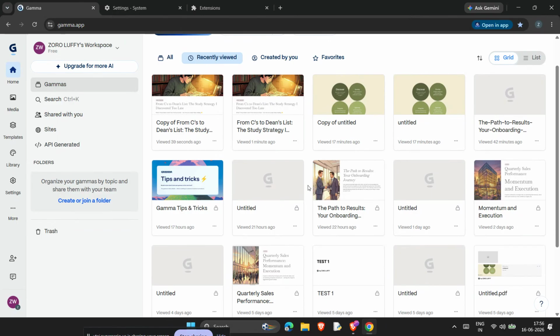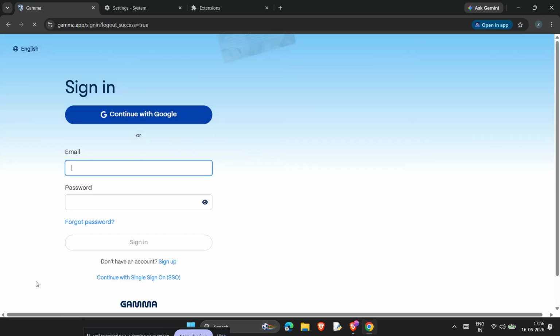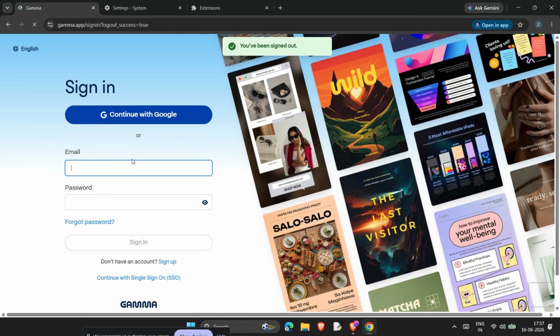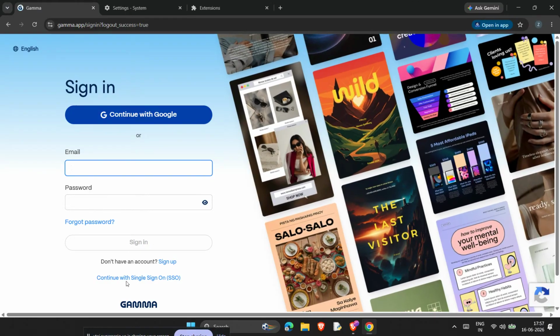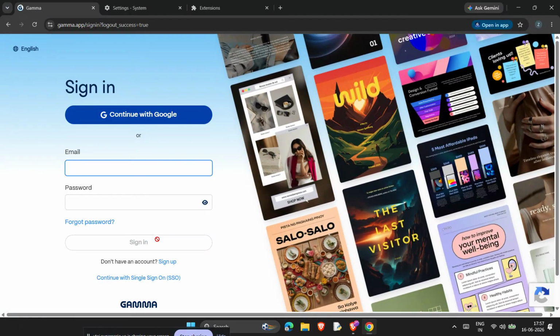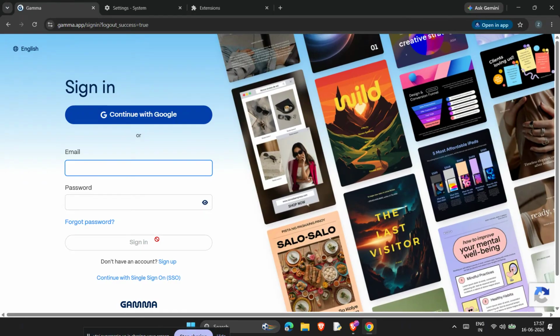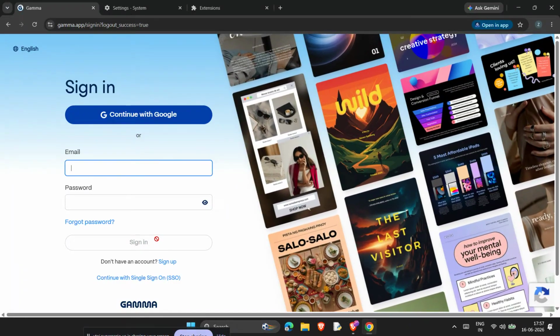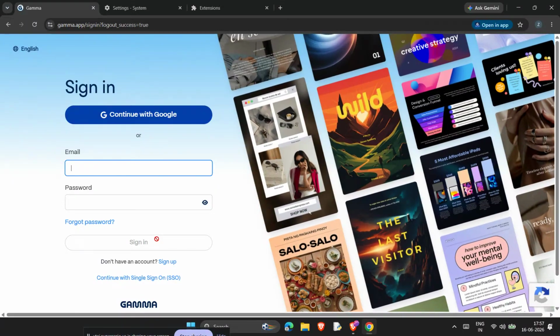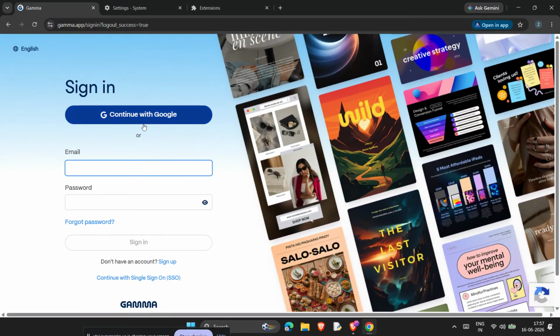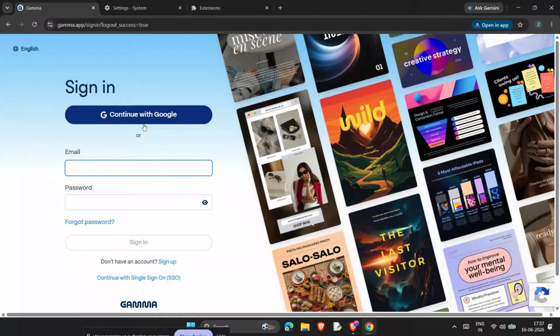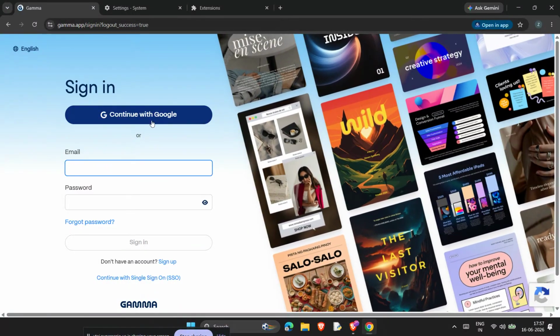First, make sure you are using the exact same login method you used when you first created your Gamma account. If you registered with Continue with Google, then you must click Continue with Google again. If you registered with Continue with Microsoft, you need to use Continue with Microsoft again. This matters because Gamma connects your account to that specific sign-in provider, and switching methods can trigger an authentication error even if you're using the same email address. So before you try anything else, go back to the login screen and carefully choose the same sign-in option you